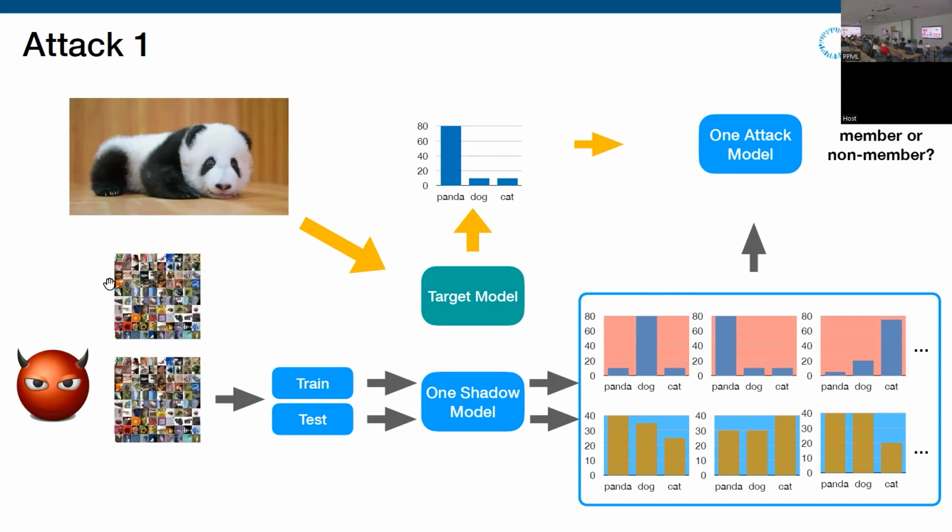Another thing for this pipeline is that the attack model is a machine learning model. So basically, you are using a machine learning model to attack a machine learning model. The target model here is only a testing sample for this attack model, which means the attack model is on a higher level. So it can be applied, I mean, for this image, actually, it's only a sample. You can put in other images. The attack model will also classify them as member or non-member.